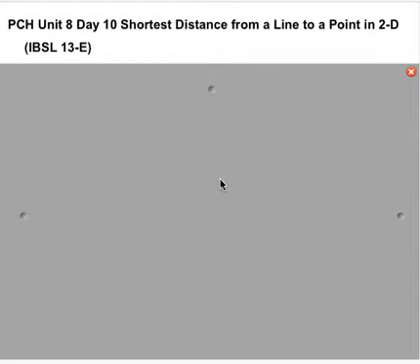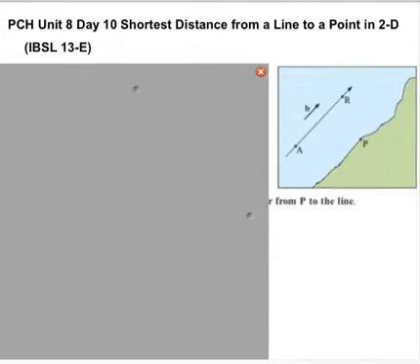Okay? So when we have some moving object, like the one you see here, moving from A through the point R, and we're standing here at point P, we can figure out where along that path